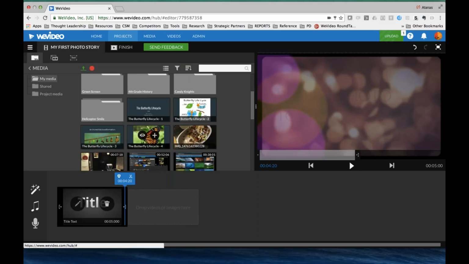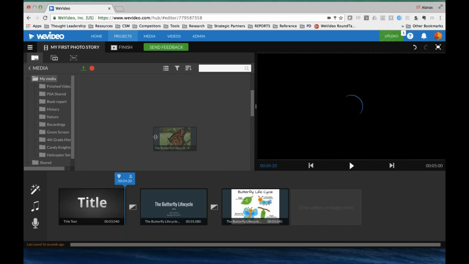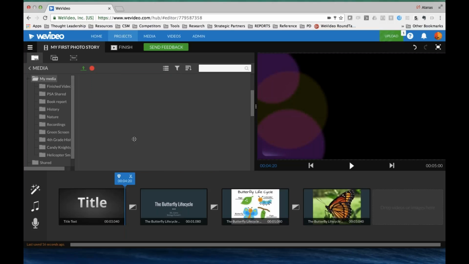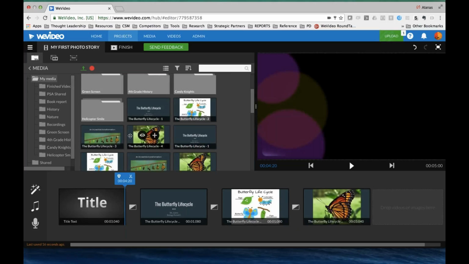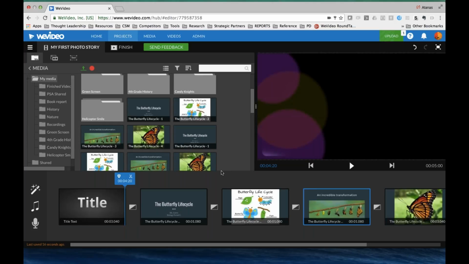So here we go. All my slides, the 4 slides that I had, are now discrete photos that I can drag to my timeline. If I multi-select, I can animate them as well. Here we go. So just to confirm, if you have your Google Slides, you need to make sure to take that slide deck into a PDF first, then export it into your media. Correct. That's exactly true.